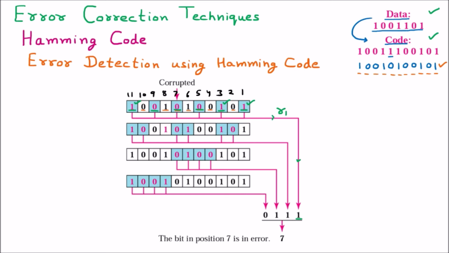Similarly, on the same data we have R2, and we know that R2 is going to take care of the consecutive 2, skip 2 and consecutive 2 afterward. So it is going to take care of 2 3, then leave the next 2, then 6 7, leave the next 2, then 10 11. Now R2 will find out whether it is of even parity. How many ones are there? 1 2 3. We sent even parity, but here it is odd parity. So again R2 is going to add one more 1 here.